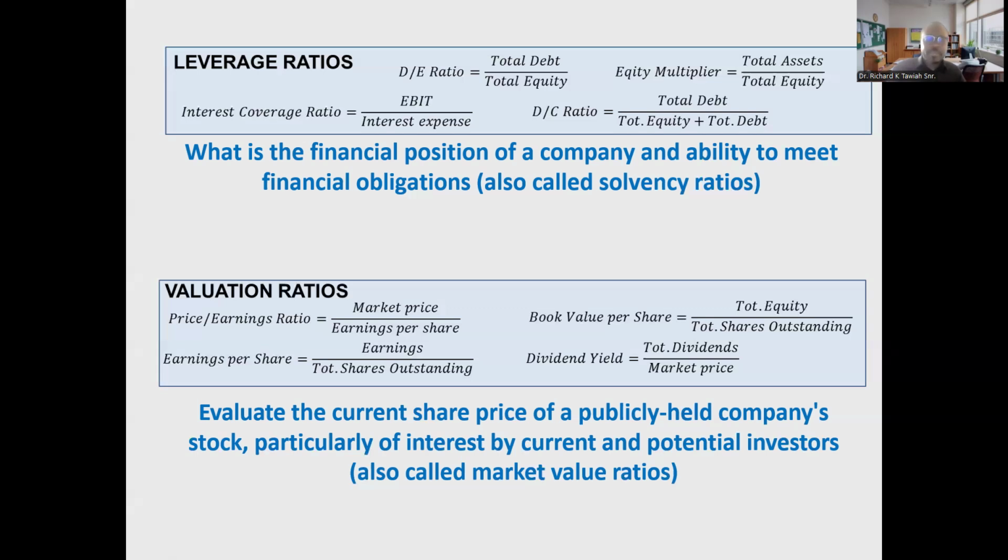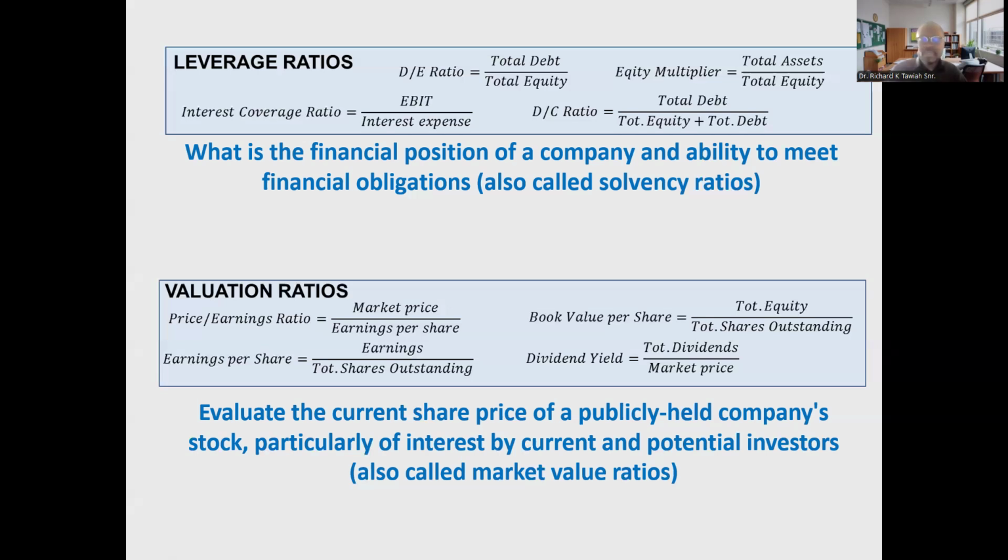Okay, so when you take a price earnings ratio, it in fact deals with two formulas. So you have to first understand the earnings per share. EPS, earnings per share, is the total earnings divided by the total number of shares. That's it. Earnings is expressed in monetary terms. When you come to price earnings ratio, which price? The market price of the shares divided by earnings, which earnings? The earnings per share in monetary terms, okay? And then we have a book value per share, so total equity over total shares outstanding,